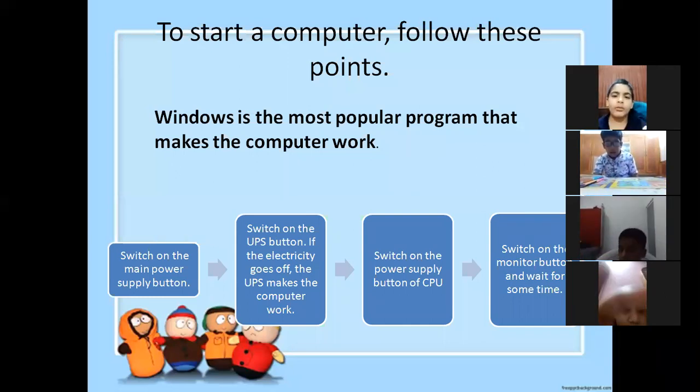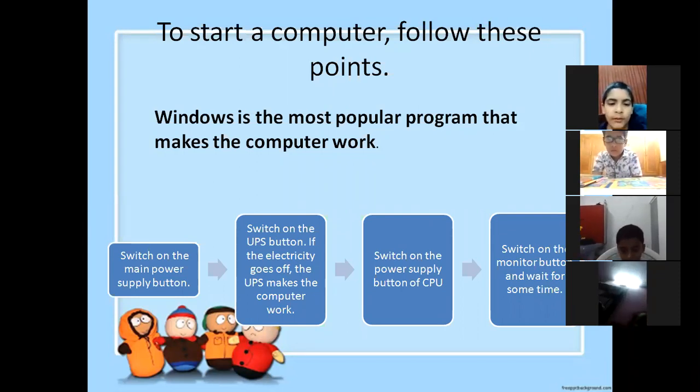After that, you have to switch on a UPS. You all have seen a UPS with your smart board, which ma'am used to switch on in the class. So you all would be turning it on. And why is UPS required? So my question is, why is UPS required?